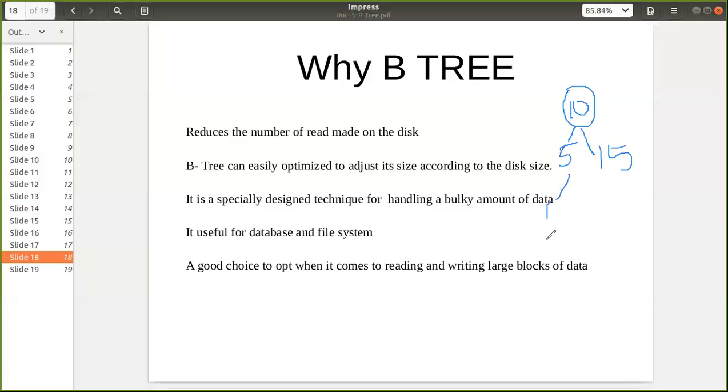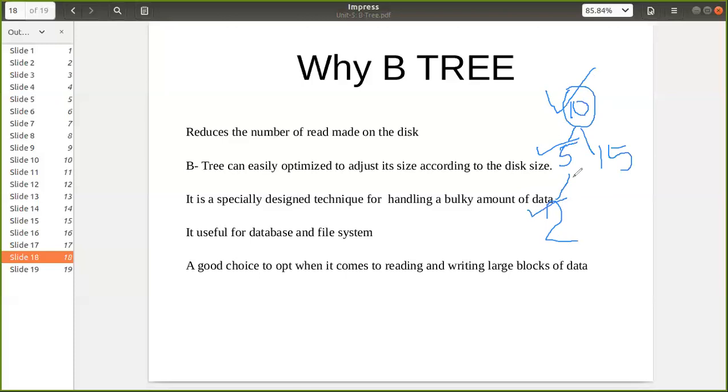Now in this case, what will happen, suppose we are searching for 2. We'll read this element. This element will be read from the disk, so a read operation will be there. Then suppose it is 5, again we need to perform a read operation. And suppose we have 2, again we need to perform a read operation. So here we have 3 read operations.